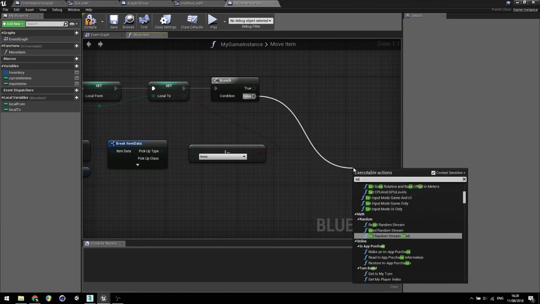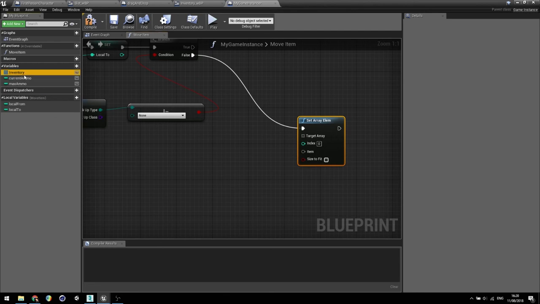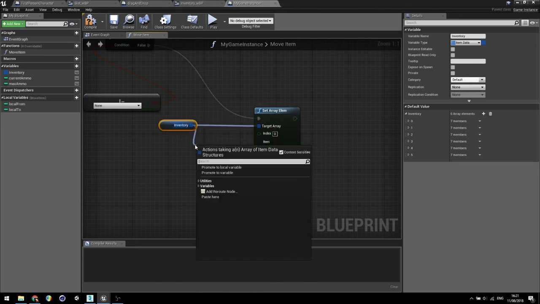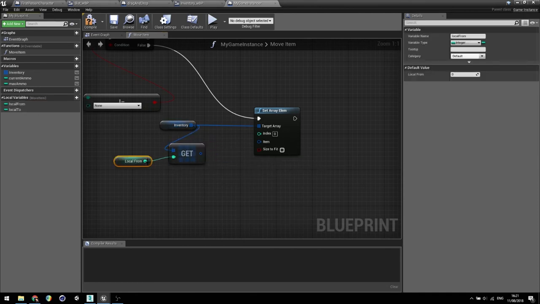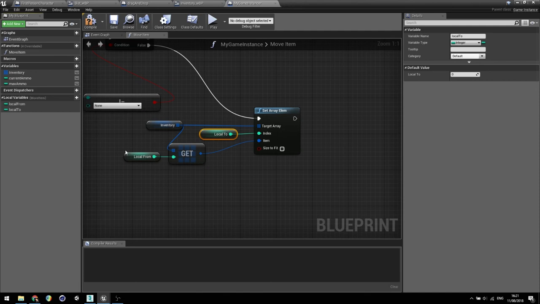We're going to run a set array elem node, and we're going to hook up the inventory as the target array, and then we're going to get from the array, get a reference, we're going to get a local from. So the local from is basically what information is in the index that we're dragging from. So we can feed that item into there. The index that we're going to actually feed it into is the local to. So we're moving the index from